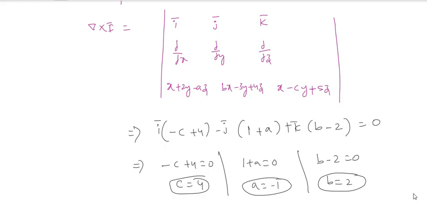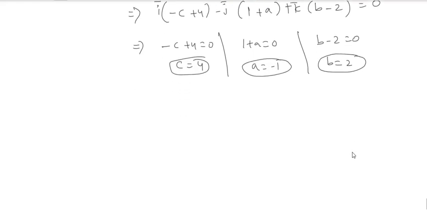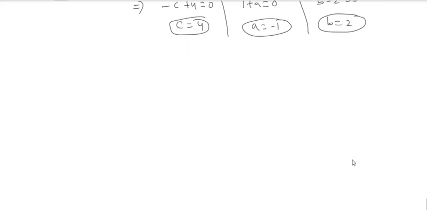This is how you have to calculate it. Clear with my point? Yes or no? So a is minus 1, b is 2, c is minus 4. Right? Yeah. Next. So can you solve the problems based upon that? Yeah. Next problem. If phi of x, y, z is equivalent to xyz, then del